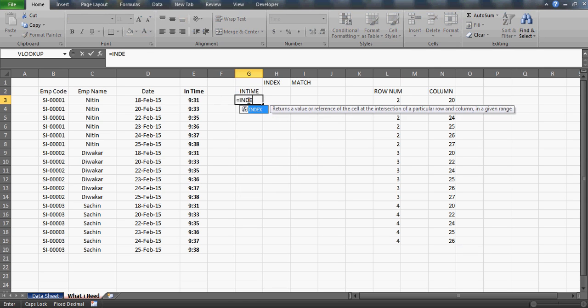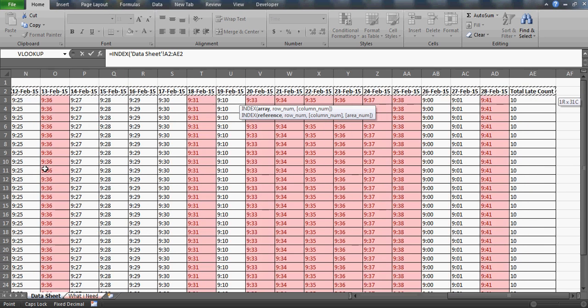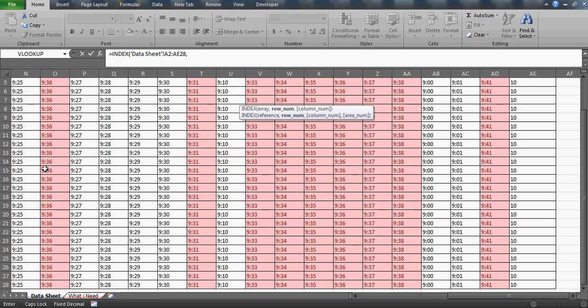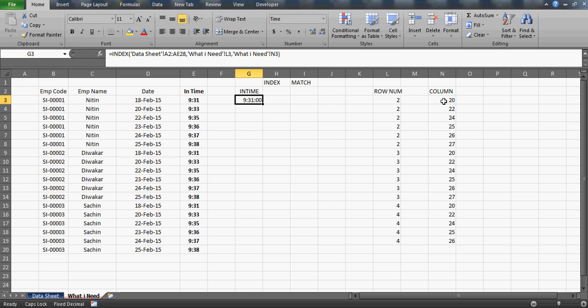Now go to the index. We'll use the first formula: array, row number and column number. Array means table. Where is my table? In this table, which I'm going to select, this entire table, what is my row number? I'll come back to the sheet. Now the row number is going to be 2, and the column number is going to be 20, and I'll press enter, and you get the